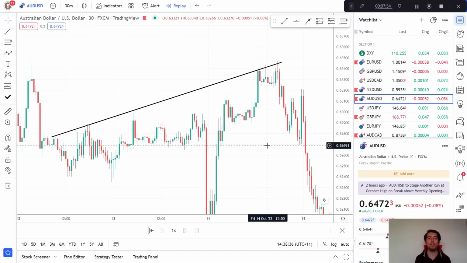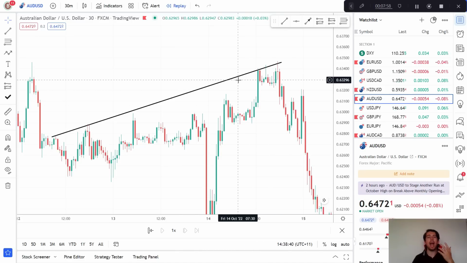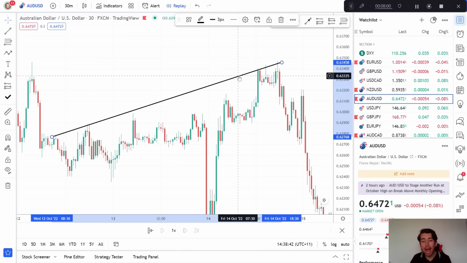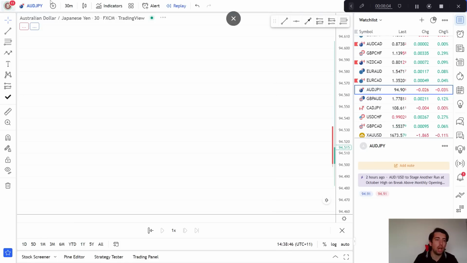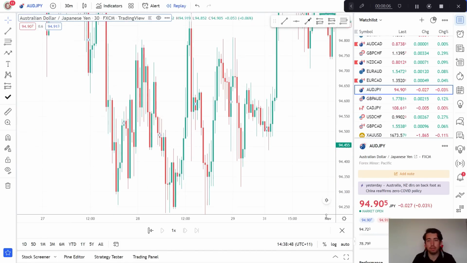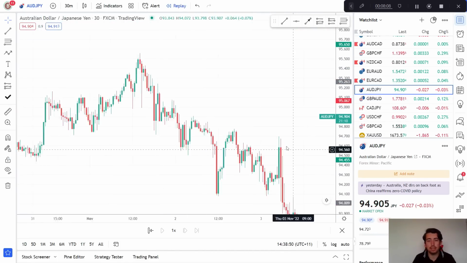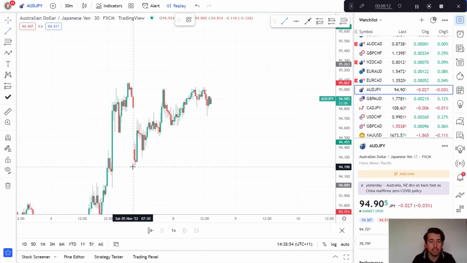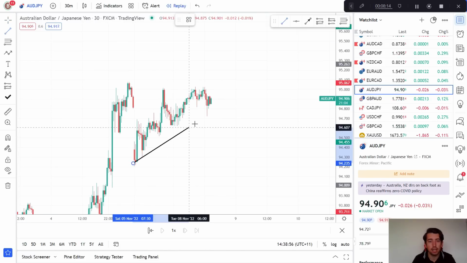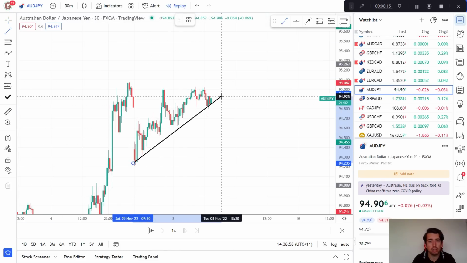So let's go through a few examples. I'm going to go over a few different currency pairs here, and we'll see how I would actually use them in a live trading scenario. So say I go to Australian dollar against the Japanese yen, right? We go to current price action as of the time of this recording. Perfect. This is fantastic. Now, why is that? Because I could do something like this,